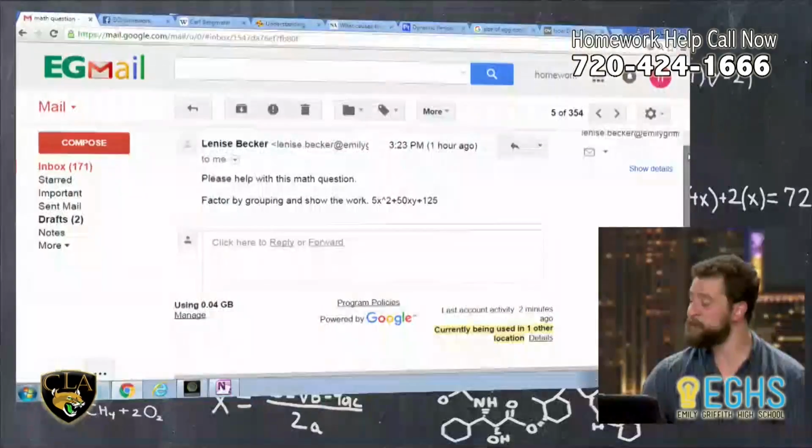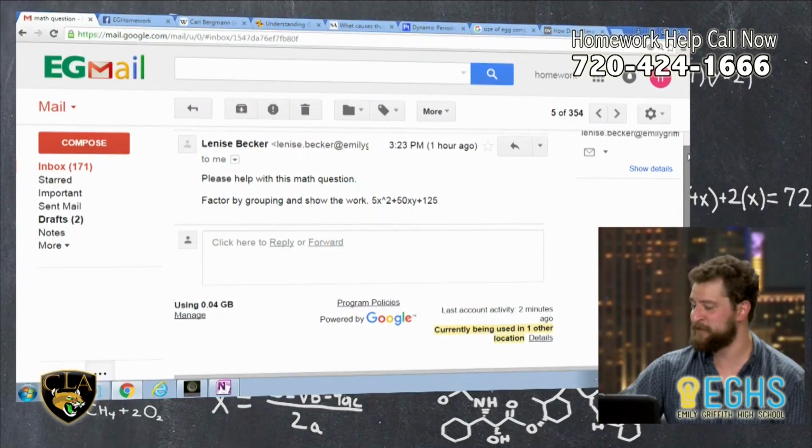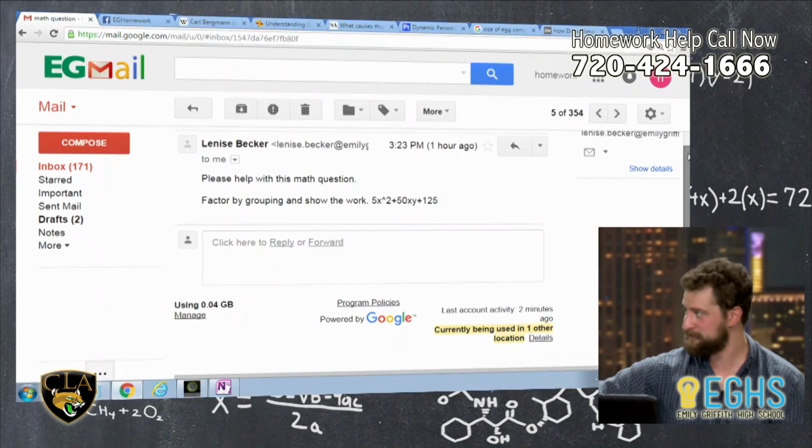Can you factor by grouping and show the work for this? Factor by grouping is what's being asked. Okay, I'm going to look up factor by grouping and think if that's something different than what I'm thinking of, but go on. Okay, so the expression is 5x squared